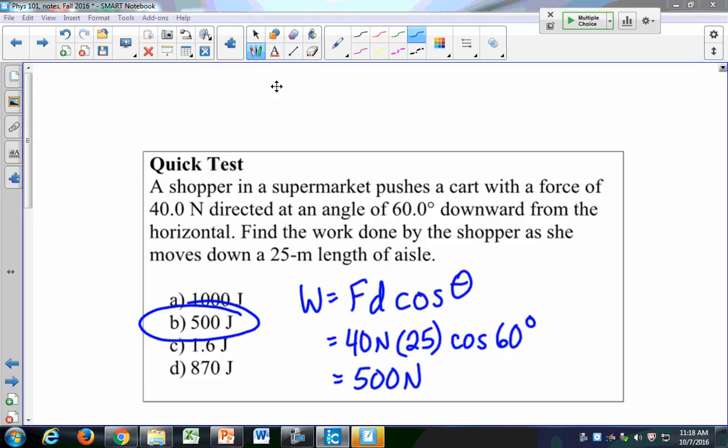What did I write? Yeah, it should be joules. Yeah, it should be joules. See, the mu is